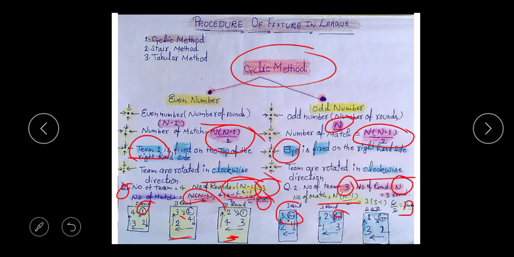And for rotation, the arrow will indicate the rotation. Yes, shift one place. The 3 will go. In the next round, 2 number plays at 1 number place, and 1 number will become the 2 number place, and 1 number becomes the 3 number place. Clear? Same rotation here also. 2 number will become the 3 number place. Clear? Previous one. Then here 2 number will come to the 1 number place, and 3 number will come to the 1 number place. Clear beta? You follow the same rotation.